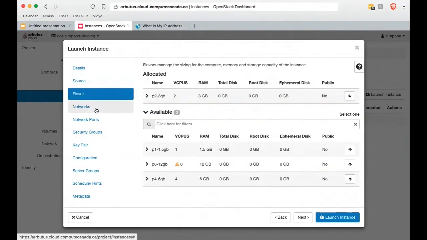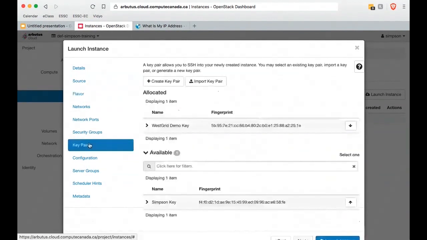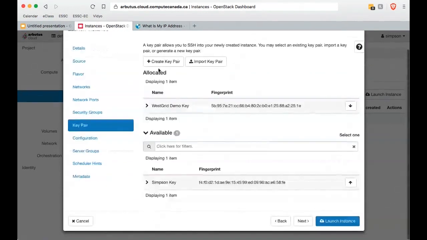We don't have to worry about any of the network stuff. That's all handled for us. We'll come back to security groups, but we do need the key pair. Otherwise, when you create this virtual machine, it won't have a way to access it, right? So this key pair is baked into the initialization, and it's this key pair that's going to let us access the VM. So we've done all of this, and so now in the bottom right corner, doesn't matter what panel you have selected, you should have the option to launch an instance. So we cross our fingers a little bit, and we click Launch Instance.